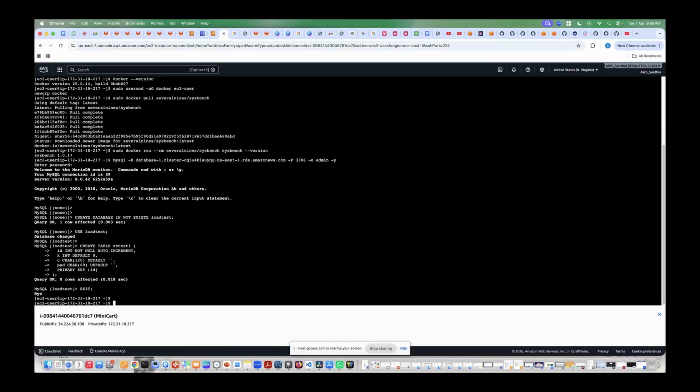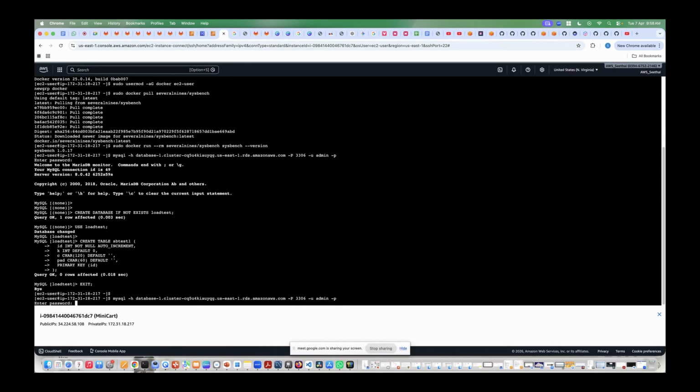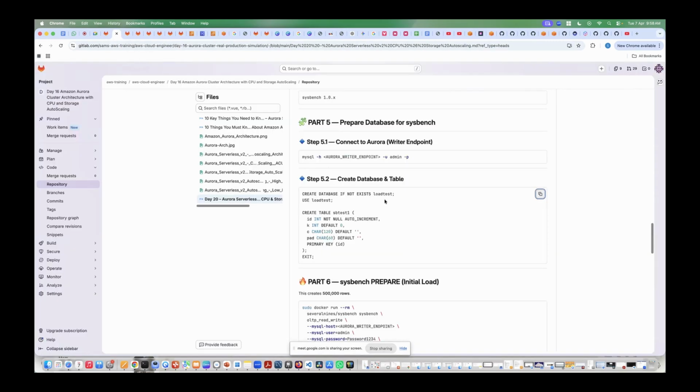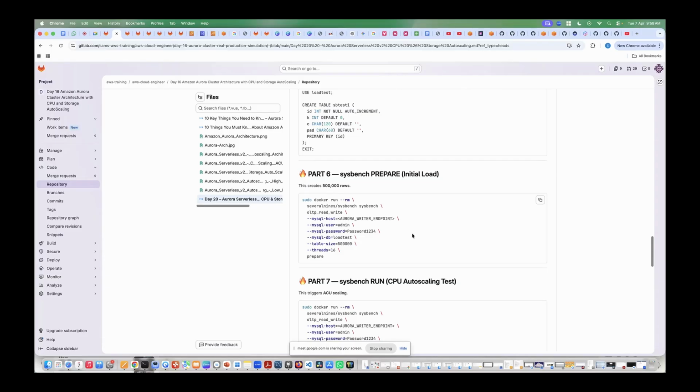Okay, that's done. I exited. I should not have exited. That's fine. Oh, exit is needed. Yeah, we just created a table. And then from